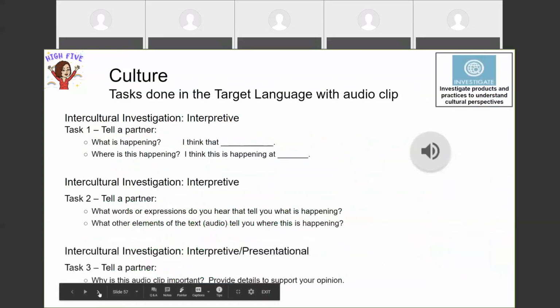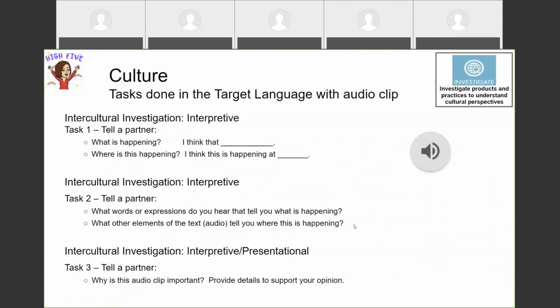All right, so if we had more time, because we don't, I would play this audio clip for you. I actually can, but I don't know if it will bring any sound to you. But the audio clip is from an older, very famous, important sporting event. Some of us are young enough that we would have no idea who they're talking about in this sporting event, and that's okay. But we're going to use those close reading strategies that we saw earlier when Delynda was talking about the interpretive mode. And the first time we would listen to this clip, and notice it's audio, not video, so they have to actually listen for certain things.